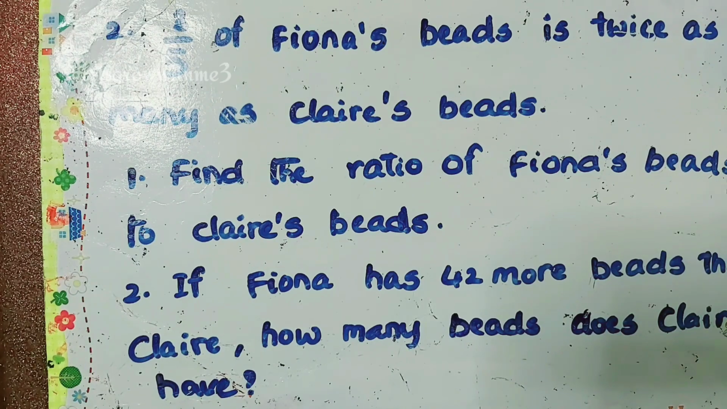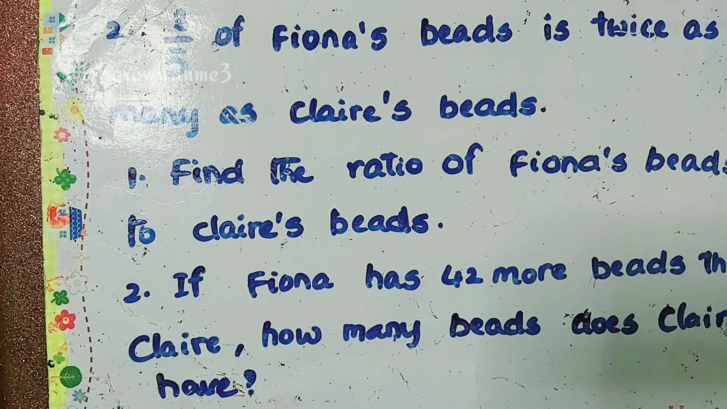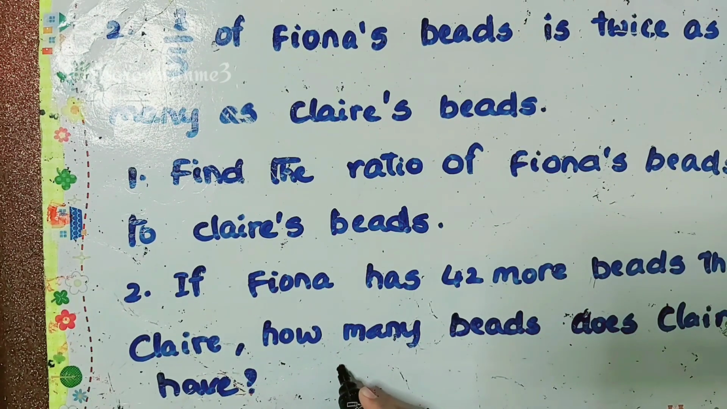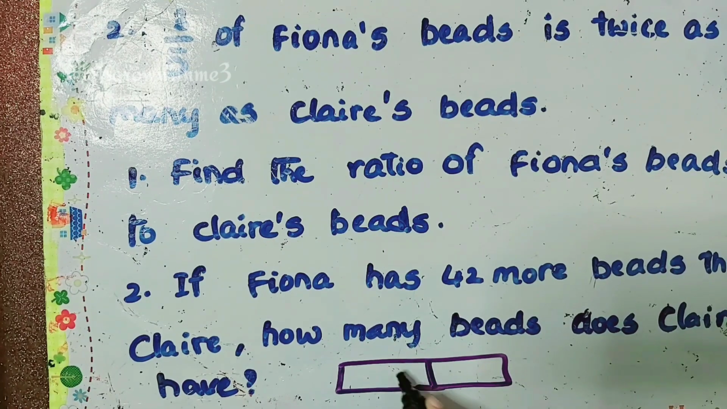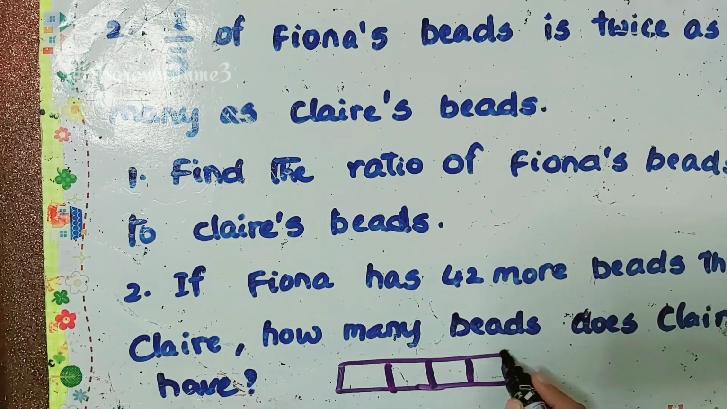2/5 of Yana's beads is twice as many as Clary's beads. Find the ratio of Yana's beads to Clary's beads. If Yana has 42 more beads than Clary, how many beads does Clary have? Let's draw the model. So what they are saying,